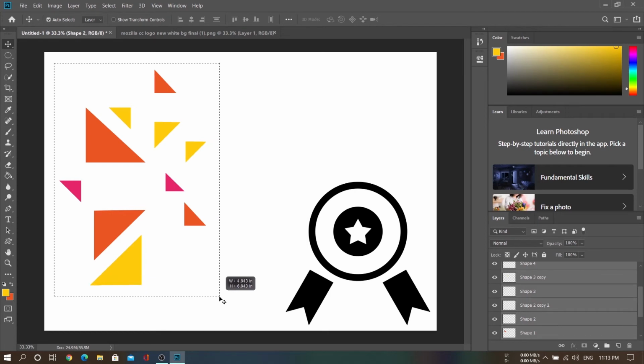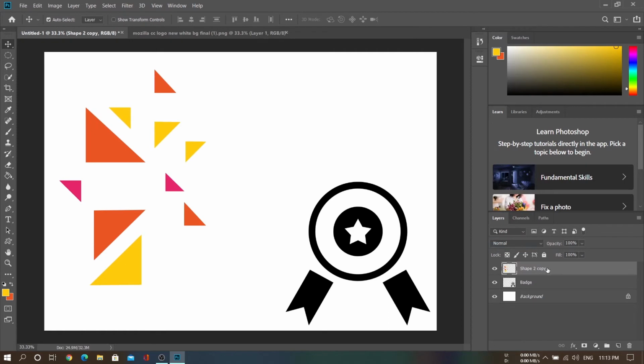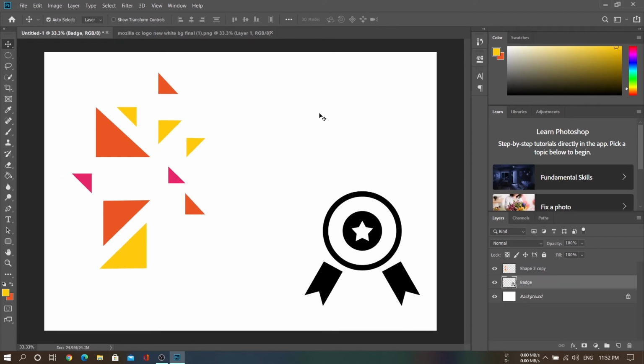From the move tool, we are going to select all. We have already rasterized. Now we are going to merge the layers. We are going to name it simply pattern. So these are the two patterns that we are going to use to make the certificate. So till now, we have made two patterns, discussed the font, and learned the basic shapes that we are going to use in the certificate. So now let's get started.